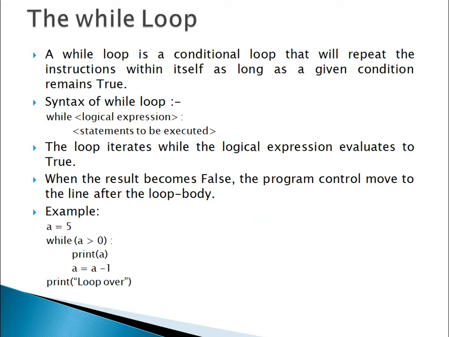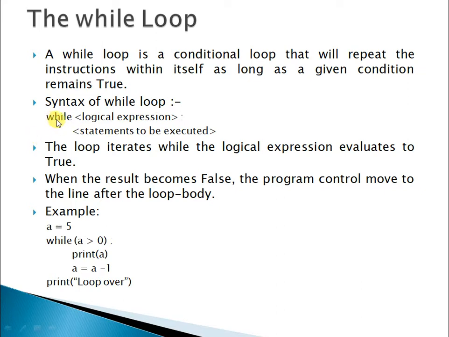Now let us see the second loop, the while loop. While loop is a conditional loop that will repeat the instruction within itself as long as a given condition remains true. As soon as the condition becomes false, the loop will terminate. So the syntax of while loop will be